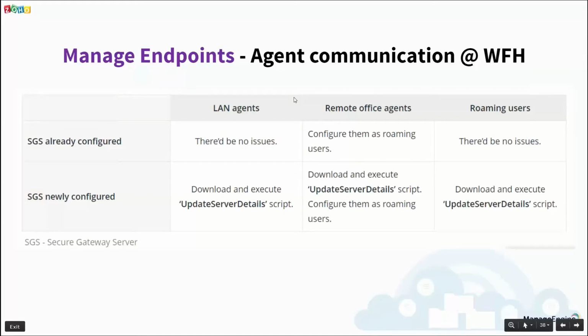You can very well manage your existing Desktop Central infrastructure also. You can deploy a new secure gateway server and you can just run this bat. So the next time it will contact the master server. From that, you can deploy the patches or software, or you can take a remote control.